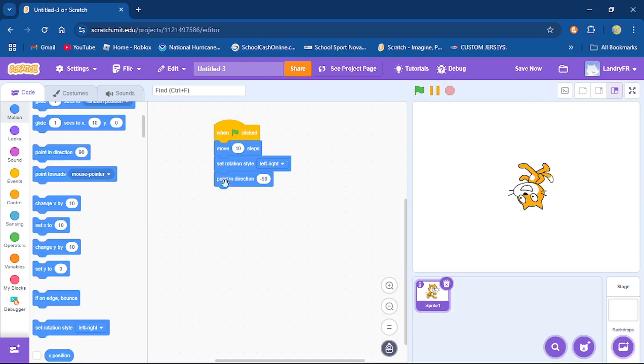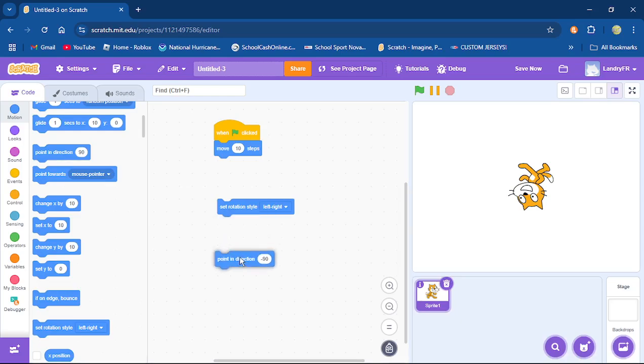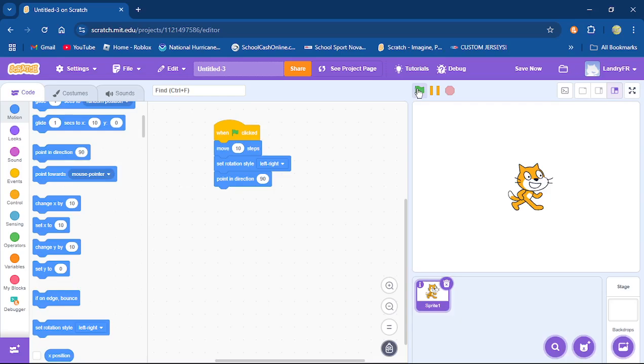But before we do all that, we have to make sure that our cat is set to the original position, so 90 degrees, okay? And now when I click on the green flag, he's going to move forward, and now I've set the rotation style left to right. So now we're going to move this way. We're going to click the green flag, and now what happens?